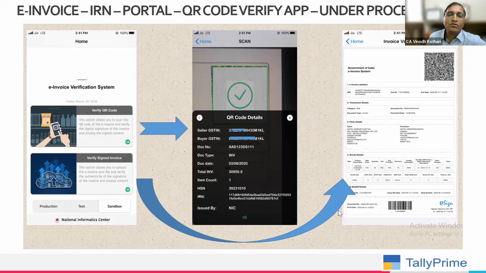Clarify about credit notes. I have already explained about credit notes. A credit note issued by the supplier is the only valid credit note where GST has an impact. Yes, the supplier has to generate an e-invoice for a credit note where GST has an impact. Fine, we will stop this question and answer session here. Then we will continue later on.